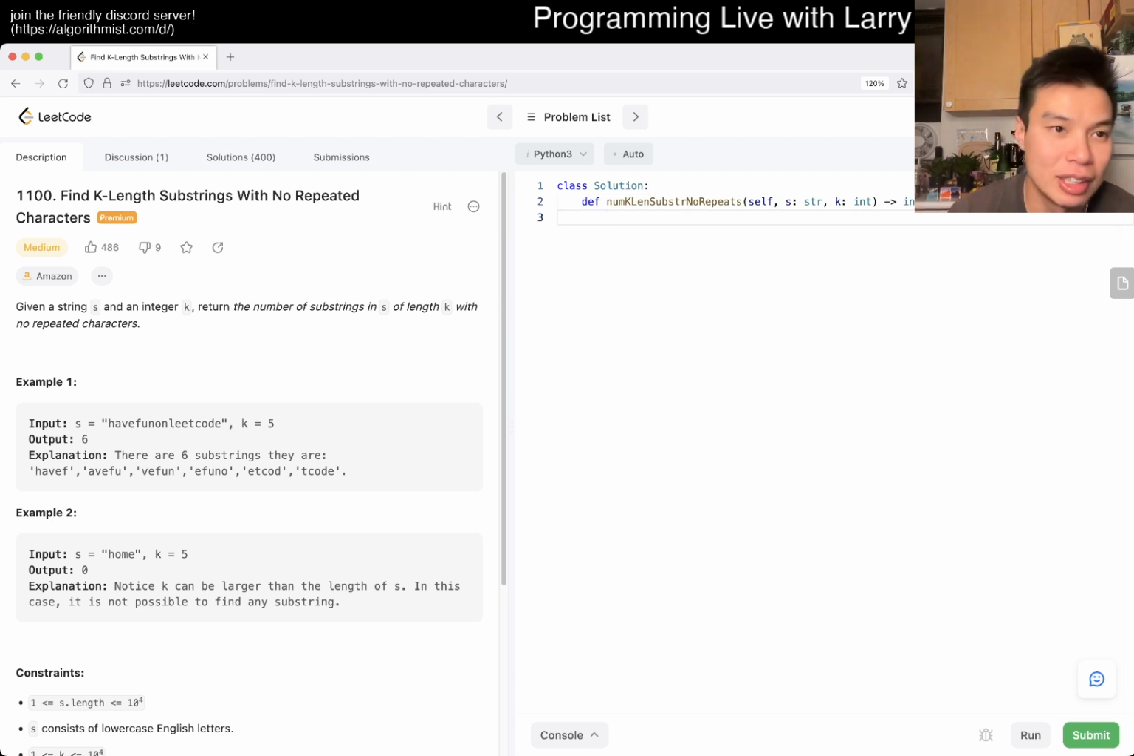So let's get started. 1100, Find K-Length Substrings With No Repeated Characters. Okay, so given an s and a k, return the number of substrings in s of length k with no repeated characters. Okay, so I mean, this one, when you see things like substring,